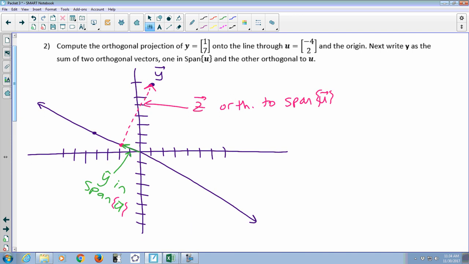So I'm looking for the green vector and the pink vector. My estimate here, based on the picture I drew, looks like -2, 1. And my estimate for z,